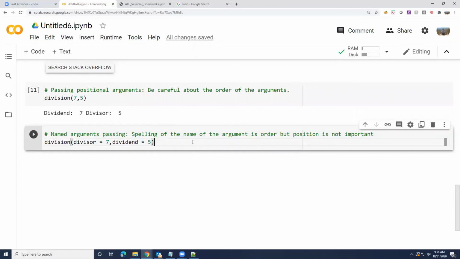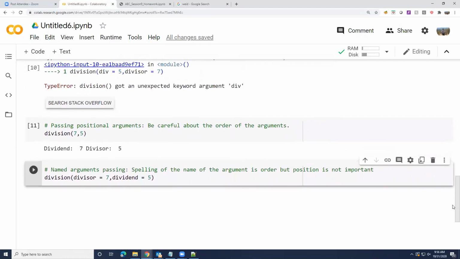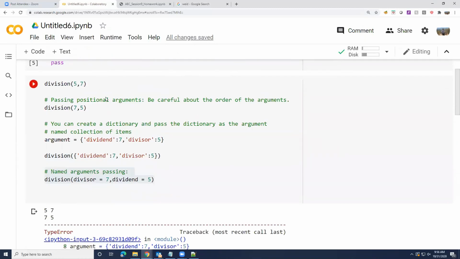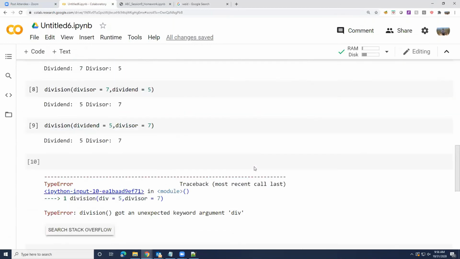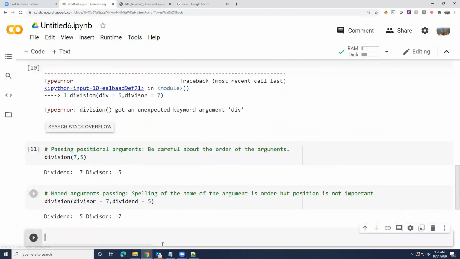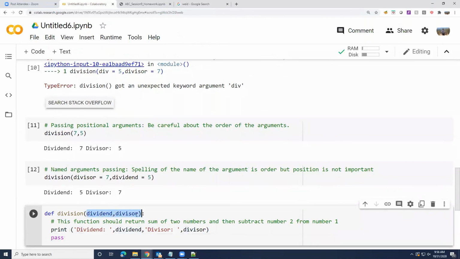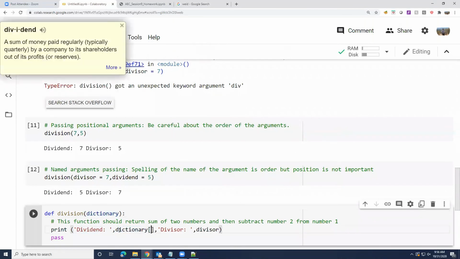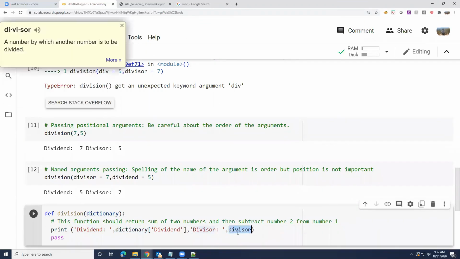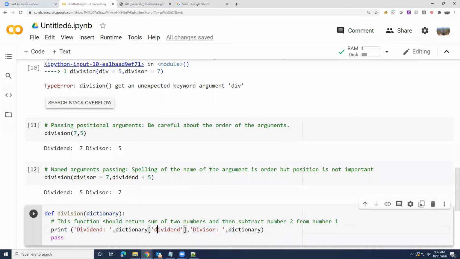Now, when it comes to a dictionary, that's a little more tricky. Your function should actually accept a dictionary as an argument, or sorry, as a parameter. So here, maybe we say this is the dictionary, and we would look at dictionary of dividend and maybe dictionary of divisor.